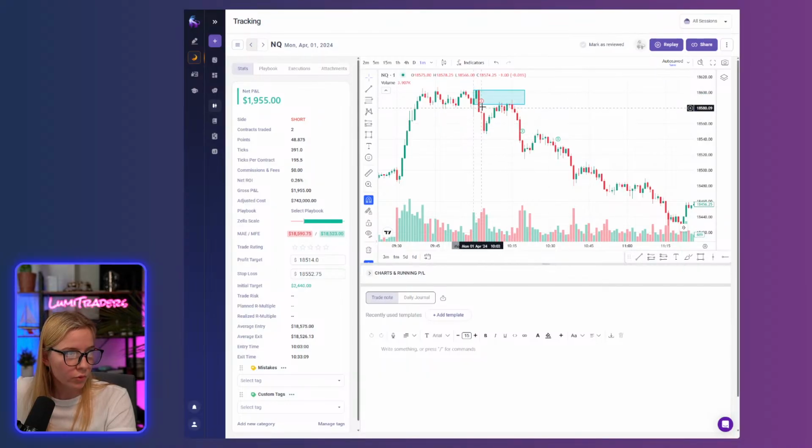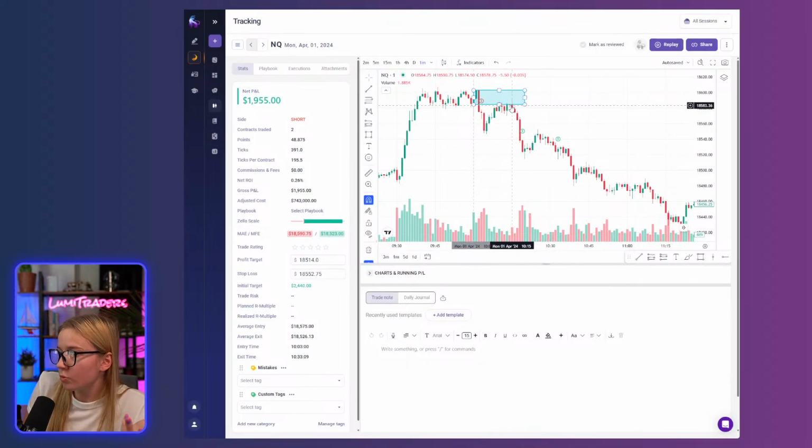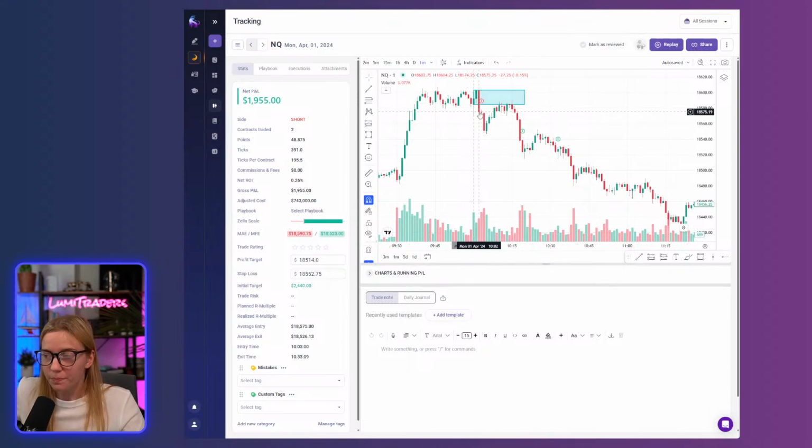Created order block right here. I used the very next candle once we got the closure as my entry, and I would like to aim for 2R. 1, 2. So price retraced back to this order block, as you can see, and dropped again. I could just wait for retracement, but retracement doesn't always happen, right? Or I can just enter the trade at the open of the next candle once we got closure.